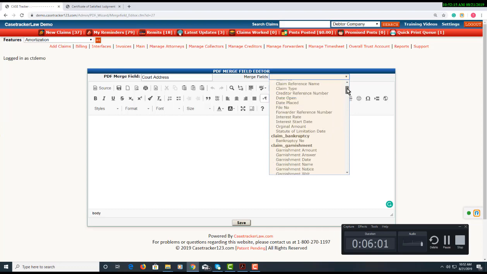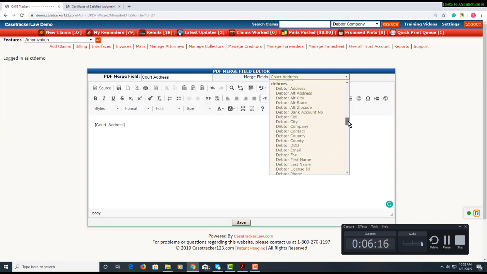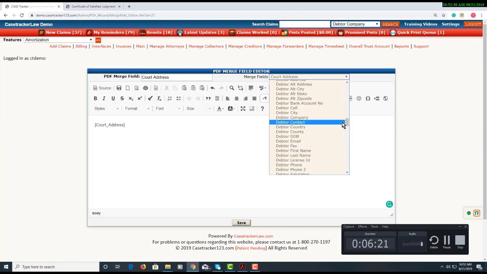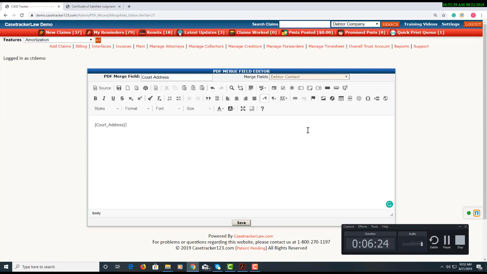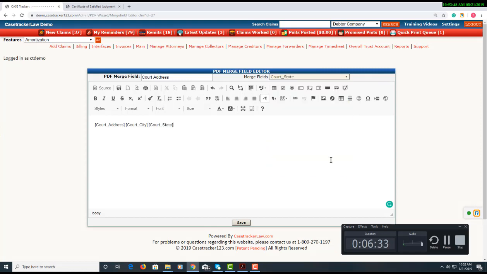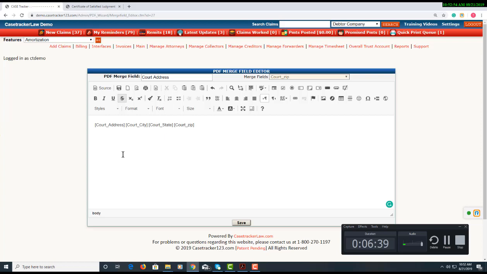Where is it? Here we go. Court address space. Come on, where was it? Court info. Court city. Court state. And court zip. Alright, so I basically just recreated what was already in there, but just for the purposes of